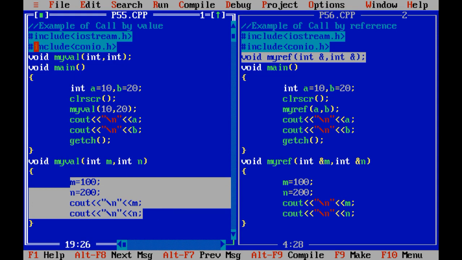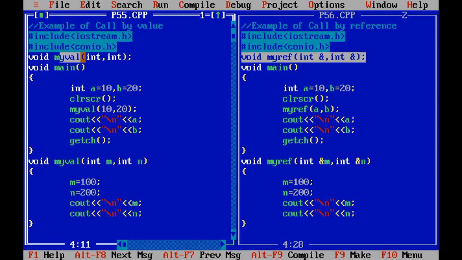Let me clear once again. I am going to declare my value function over here, a with argument, no return function. Then the execution starts from void main, the brackets open. After that we are going to declare two variables and initialize two values: a contains 10, b contains 20.